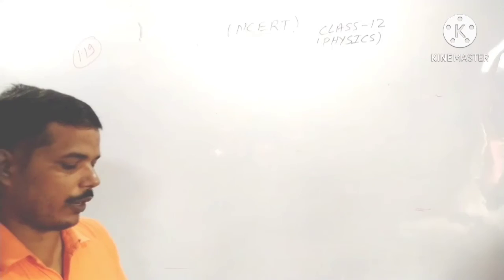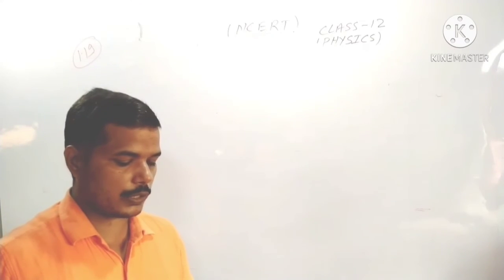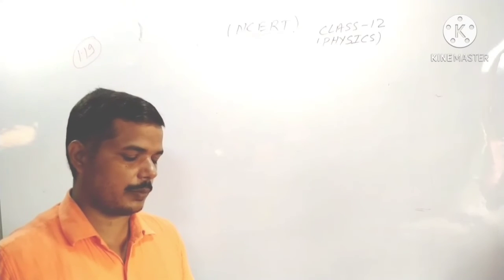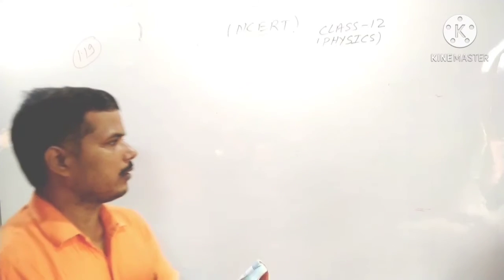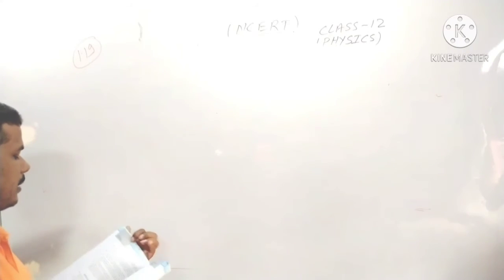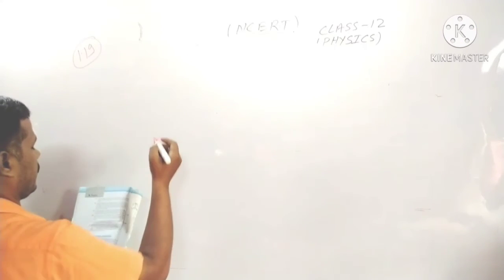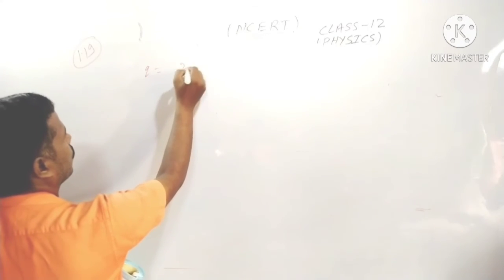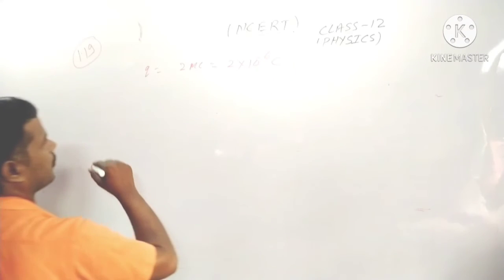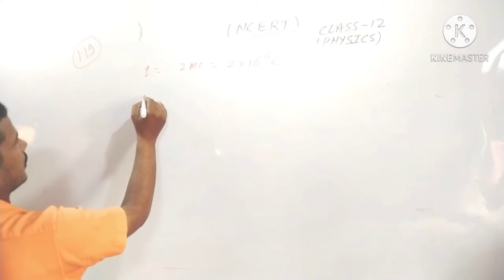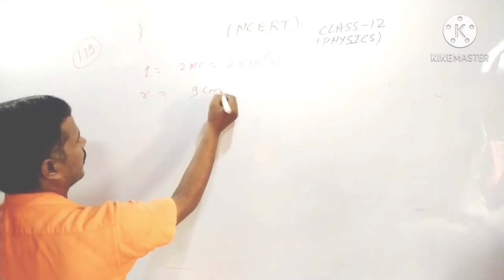The next question is 1.19. A point charge 2 microcoulomb is at the center of a cubic Gaussian surface 9 centimeter on edge. What is the net electric flux through the surface? सेम क्वेश्चन है उसी तरह से, ये आप ऐसे बहुत इजी है. क्या कह रहा है कि टोटल इलेक्ट्रिक चार्ज Q is equal to 2 microcoulomb. It means 2 into 10 power minus 6 coulomb. And the distance of surfaces की जो sides हैं R is equal to 9 centimeter.